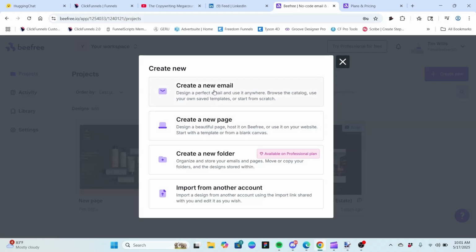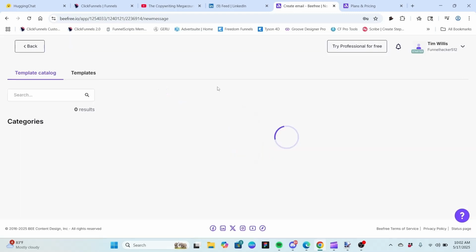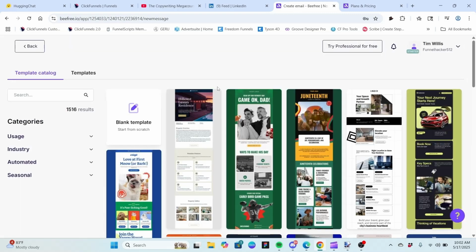But if you're going to use it the way I'm using it, not to actually export email, but as a source of templates for information and building things out, then it's really not going to make any difference. But we're going to go for new email. And that brings us up